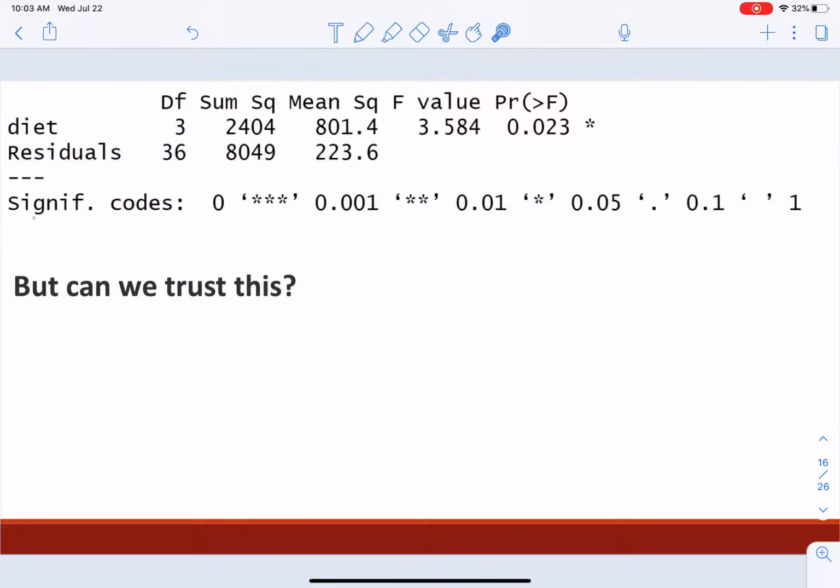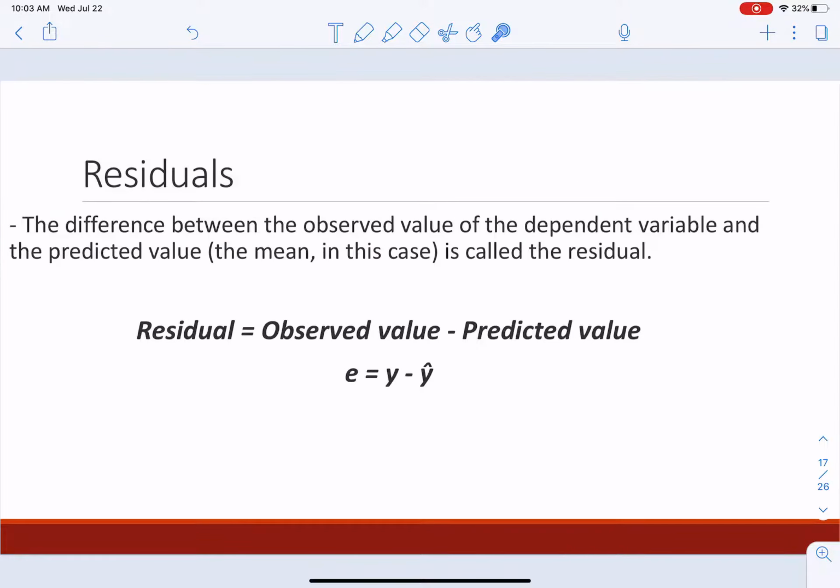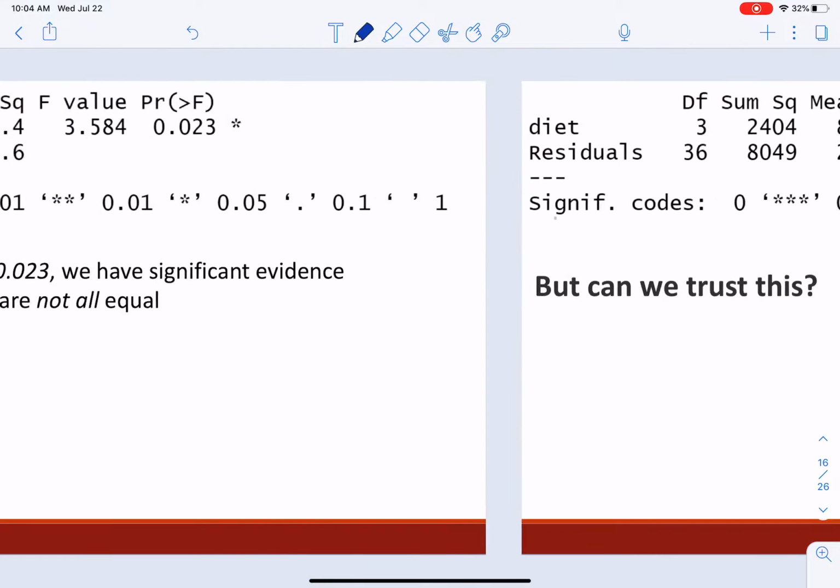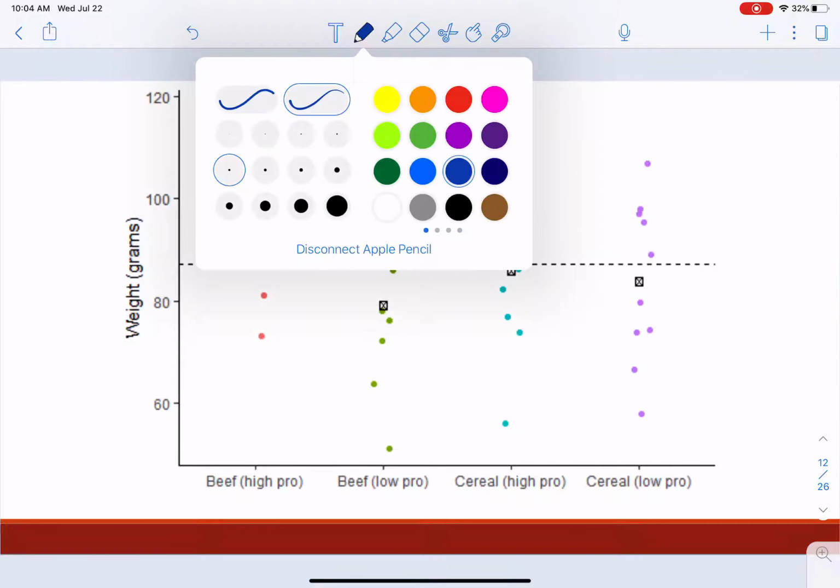But with this, we've got more room to wiggle and make a big mistake. There are some assumptions with an ANOVA that we have to meet. I'm not going to worry about it much in this class because I'll give you picture-perfect examples. But in real life, you have to check one thing, and in this case, it's those residuals that we were talking about, the amount of error that's in our model. So if I go way back over here and draw these lines again,